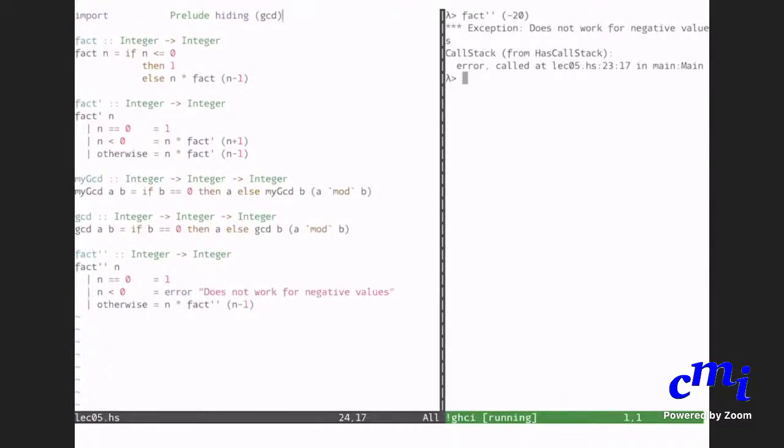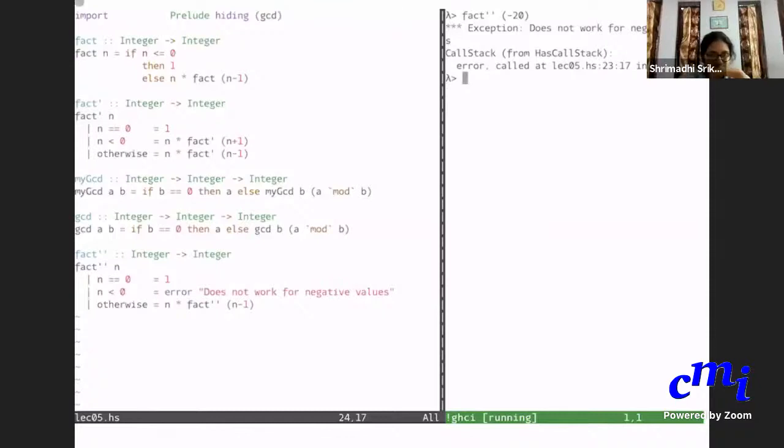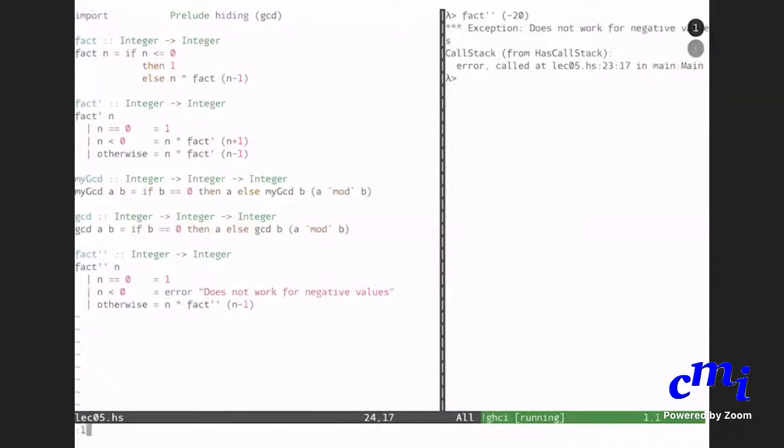Hiding GCD means that you can name this function here GCD. Suppose I did not have the hiding GCD. Suppose I comment this out and let me try to load this. You will see what will happen.